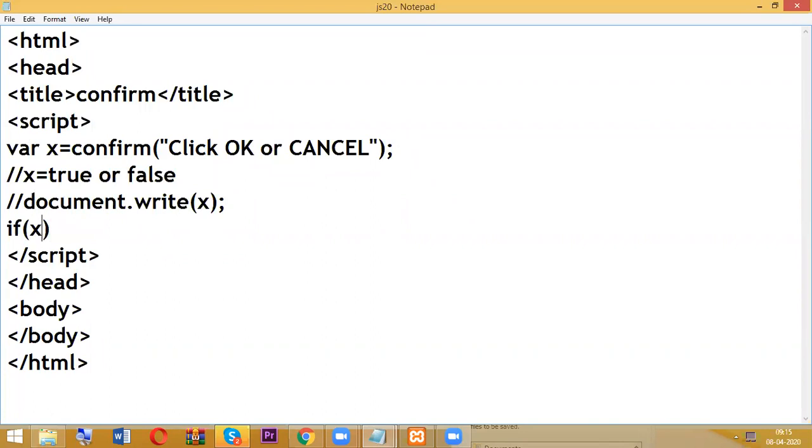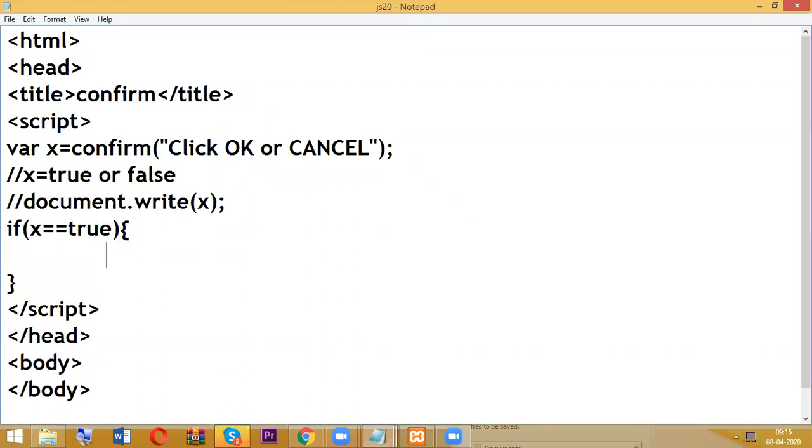We should not write any quotations for true or false. Suppose the x value is true. True means the OK button. So if the user clicks on the OK button, I am going to display a message by using alert or document.write, anything. Here I am going to display the message: you clicked on OK button.